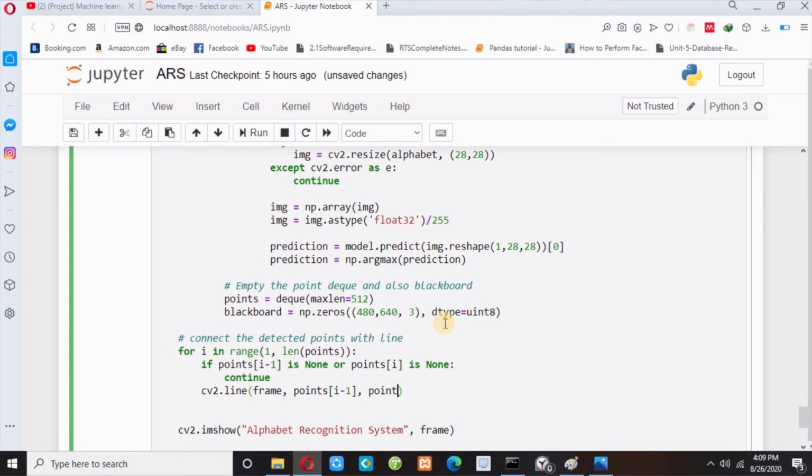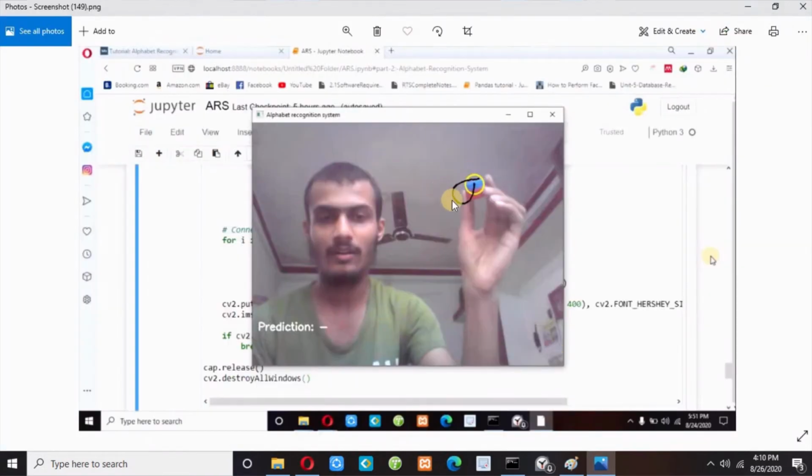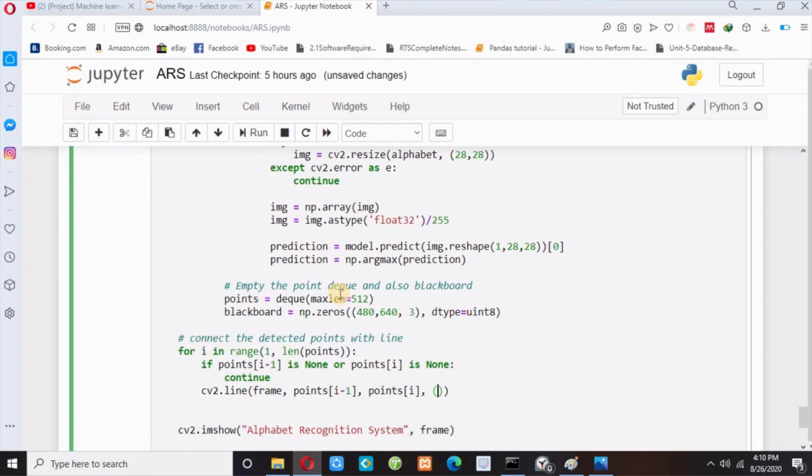So points[i-1], points[i], and then you can see here this is a black color, so I have to pass the black color over there. Black color is 0, 0, 0, and the thickness is, suppose, 2. In the same way, cv2.line, I will do the same on the blackboard.